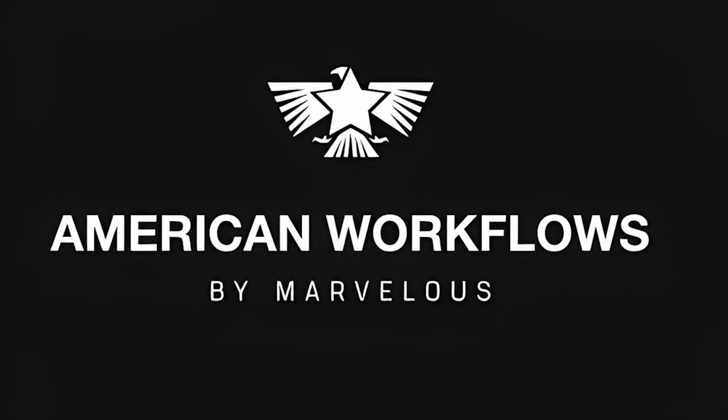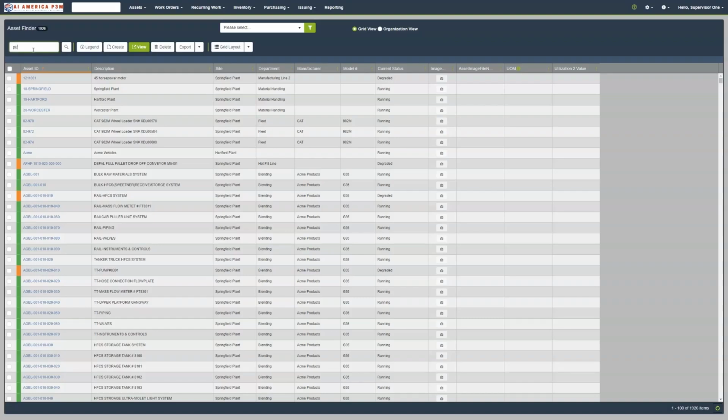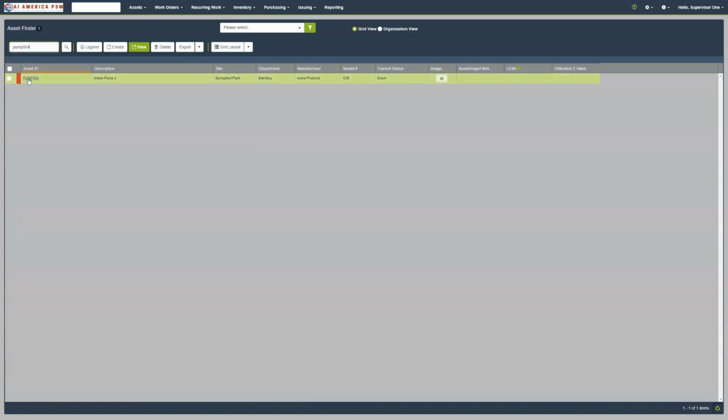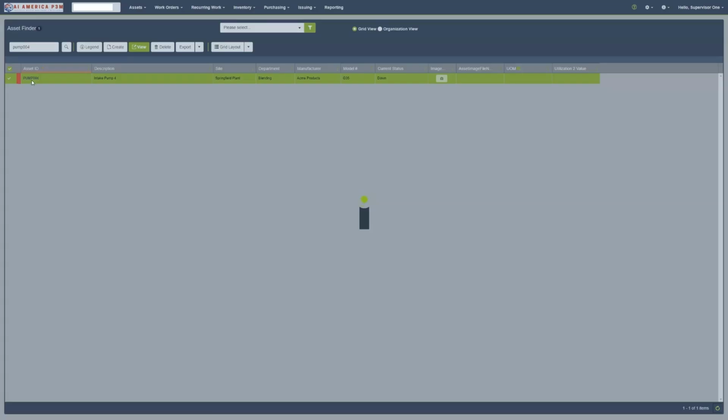Let's begin by putting in our asset ID, an asset called pump 004, for example. When I click on enter, as you can see, the asset that I searched with the asset ID appears, with the description, inside this site, inside this department, and the manufacturer. We can see the model number, but the current status is currently down. So when I click on this asset,